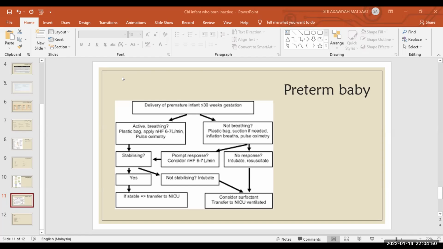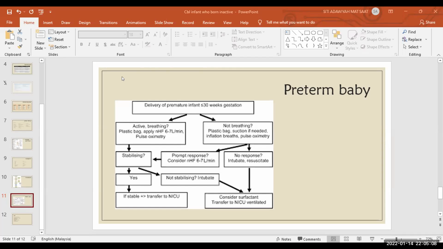If stable, we can transfer to the NICU. And if the infant is not breathing, we need to control the temperature by putting the infant in the plastic bag and we can give suction if needed